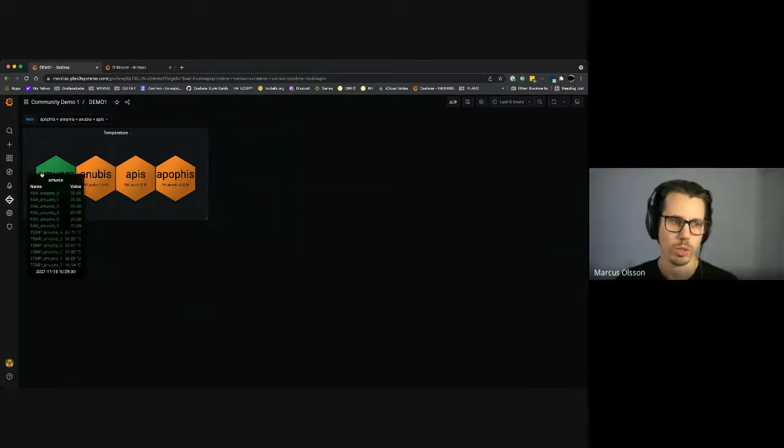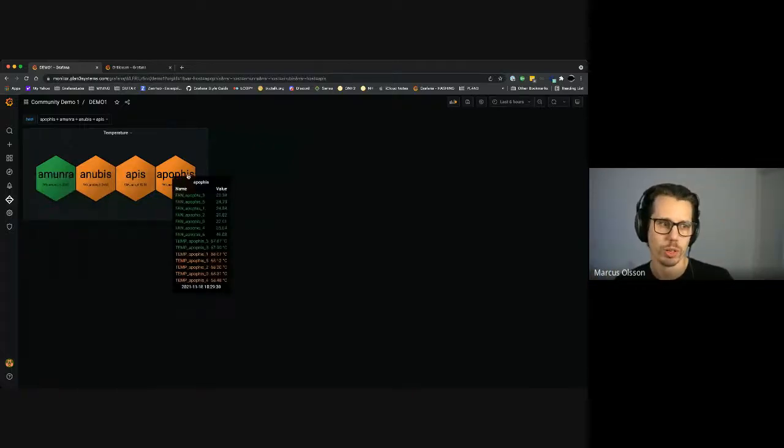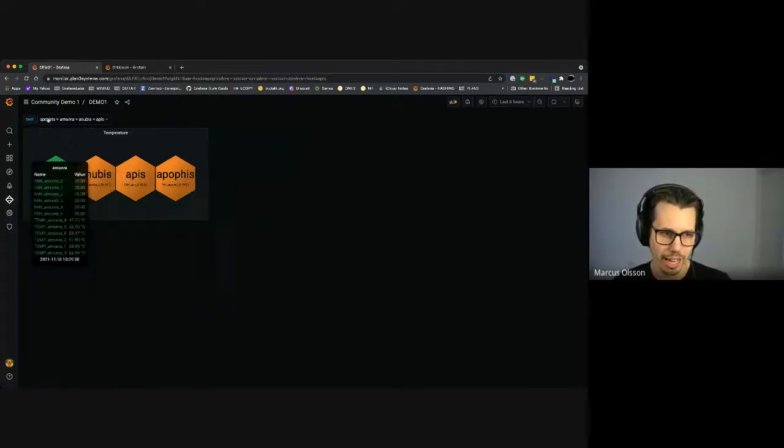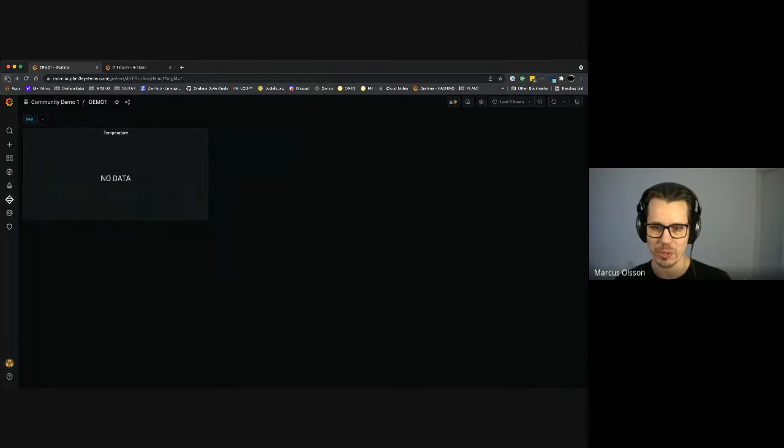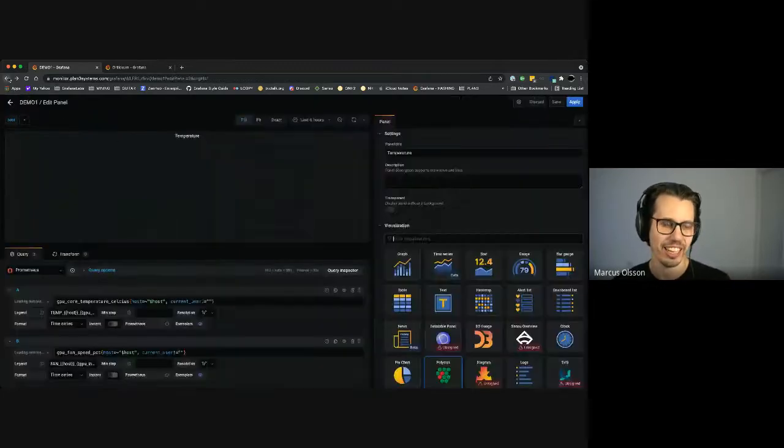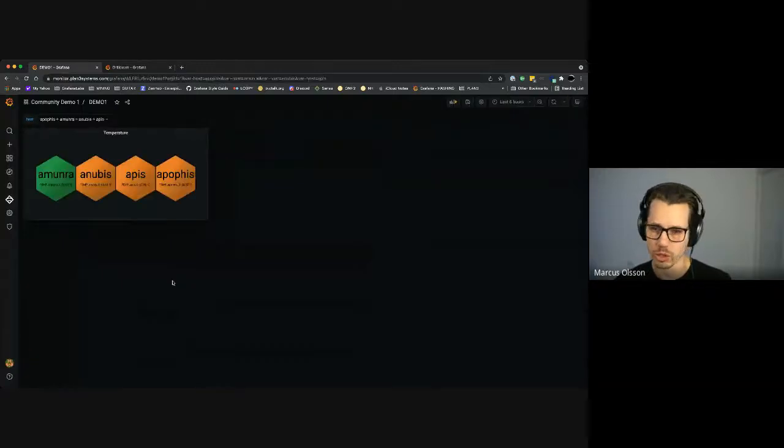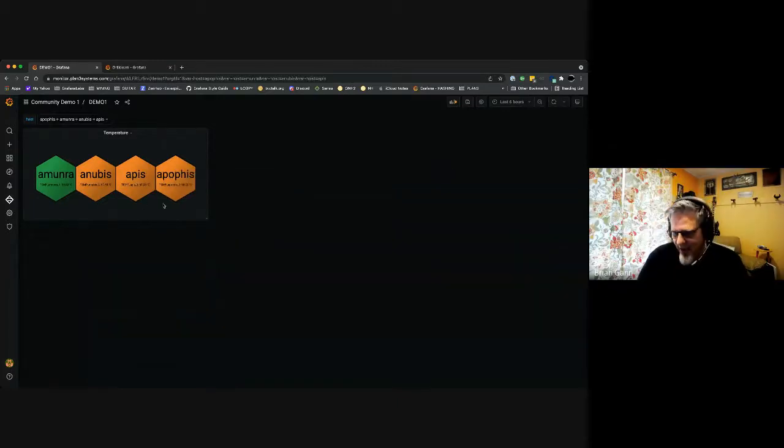So you have a high-level dashboard where you can quickly see, at a glance, this is how my GPUs are feeling right now. And then if you see any issues, any problems, you can just click on it and you get more details. Yes, exactly. That's really the intention behind it, to be able to have an overview of a system that's